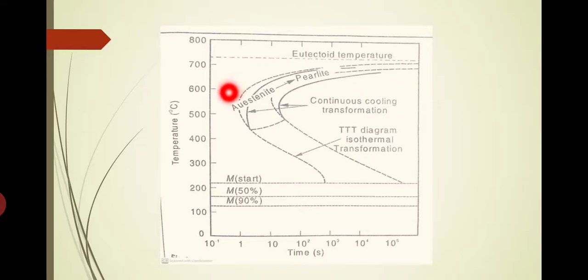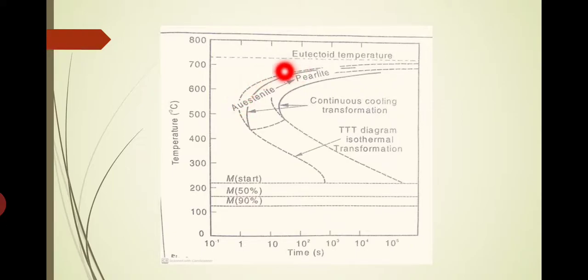If you are talking about the TTT diagram, what happens is, if the cooling starts at a constant temperature, that is isothermal cooling. So say at 600 degrees Celsius, cooling starts. That means from here to here, for this much time, there is no transformation. Once it reaches this curve, that is the starting point of the transformation of the austenite to the final structure, pearlite, bainite, whatever it may be.